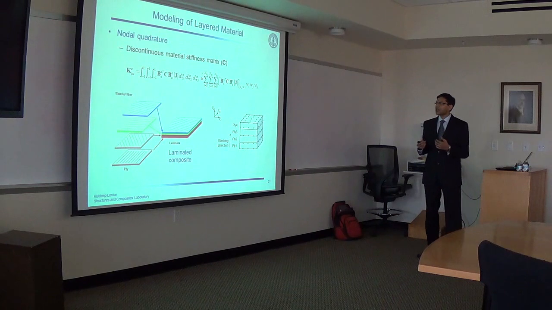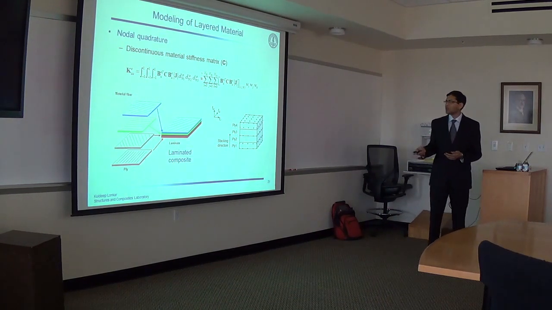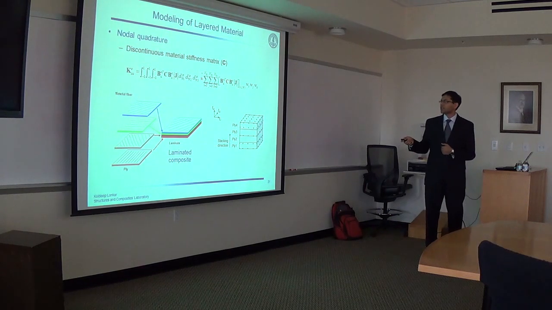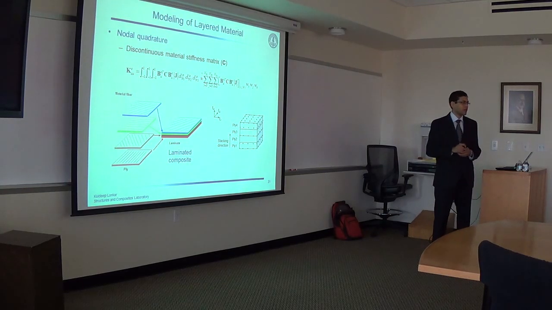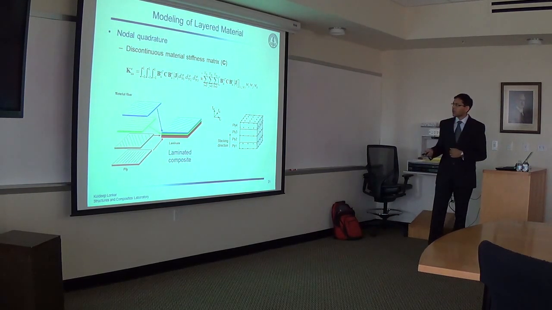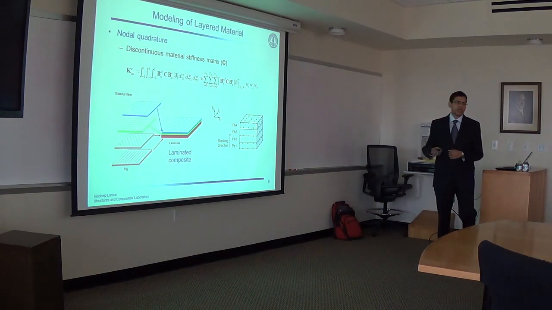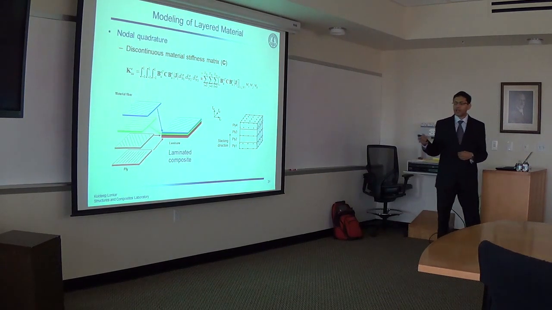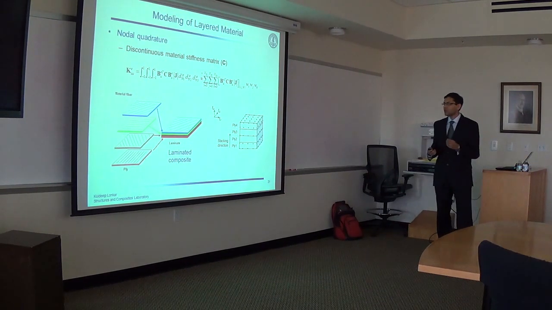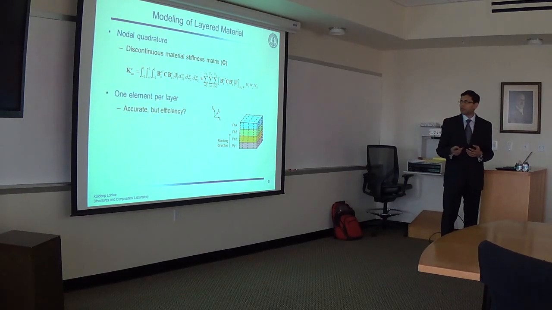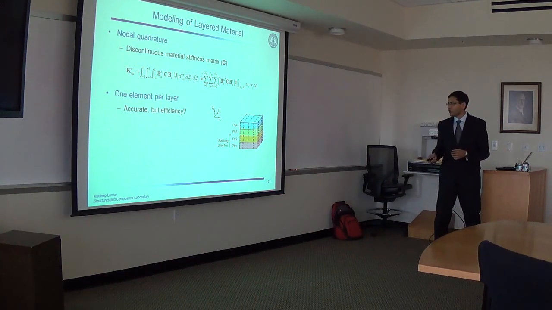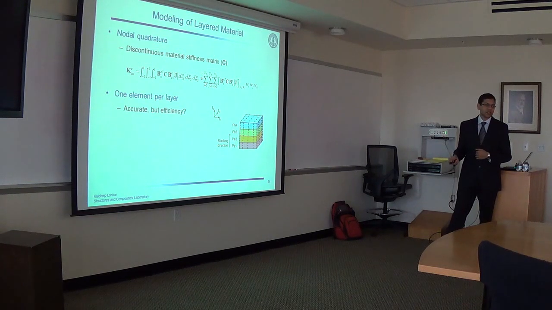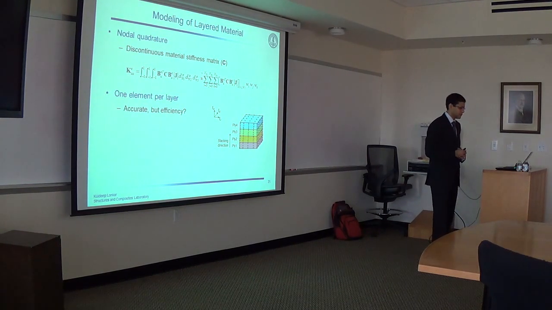Right? But in case of layered material, these material stiffness or elastic moduli are constant in one layer, but they vary across the layers depending on the fiber orientation in case of laminated composites. So if we want to model several layers in one element, this integrand becomes discontinuous in the domain. And we cannot use nodal quadrature as it is to give us accurate results. So one way is to use one element per layer, so the integrand is continuous in each layer. Now this is accurate, but it's not efficient because we have so many nodes in the thickness direction, and this increases the size of the problem enormously.